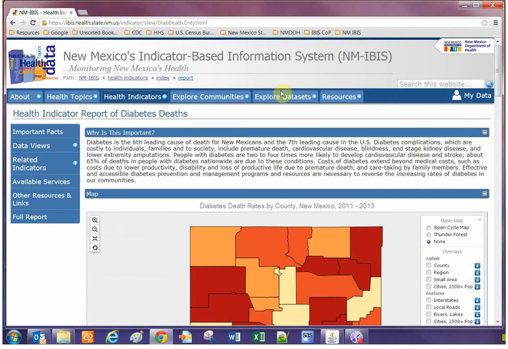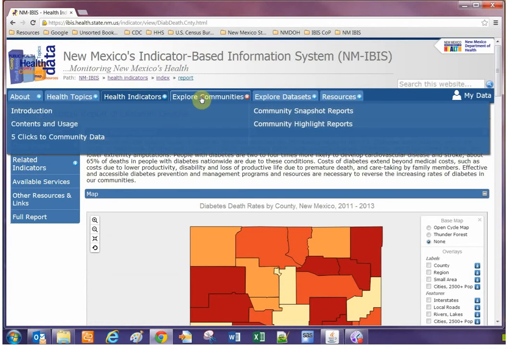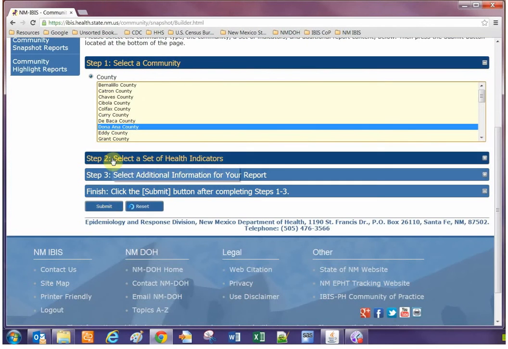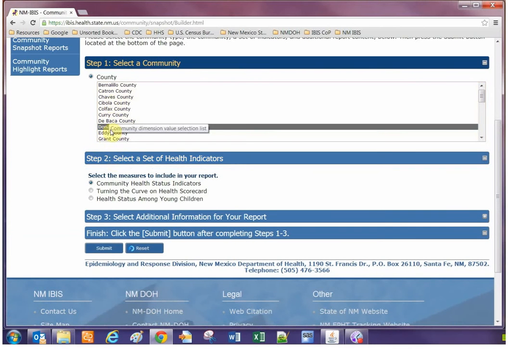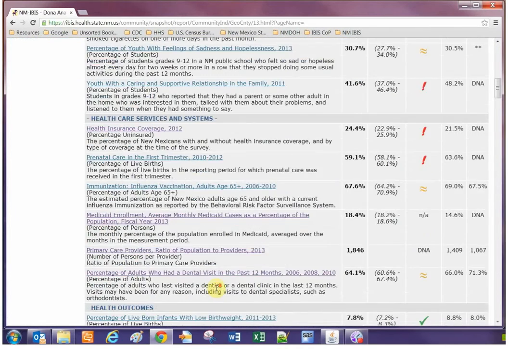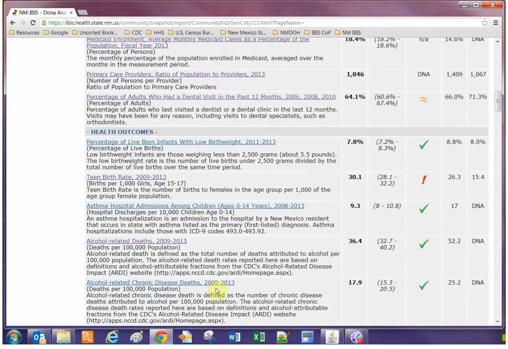The next thing I want to show you is that you can explore the information in IBIS by community. So there's a report called the Snapshot Report that provides a lot of information for a given county. Here I'm choosing the Community Health Status Indicators. And as you can see, this report for Doña Ana County provides information on a whole bunch of indicators. And then it also has these nice icons to the side that show you at a glance whether Doña Ana County is doing about the same as the state, better than the state, or not as good as the state